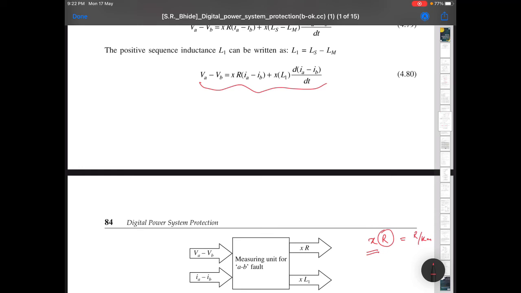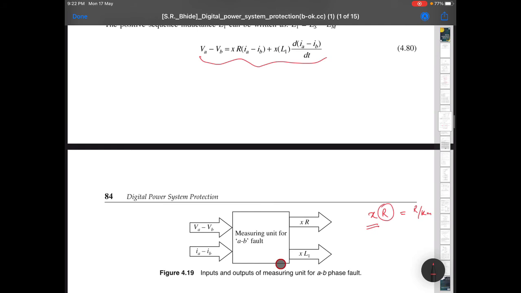So at what distance, at what location the fault has occurred, you will know it, and once you know it you can actually trip it. So zone protection, if you apply zone protection, then that will take care. So zone protection we will learn in the next chapter. So transmission line protection is our next chapter.